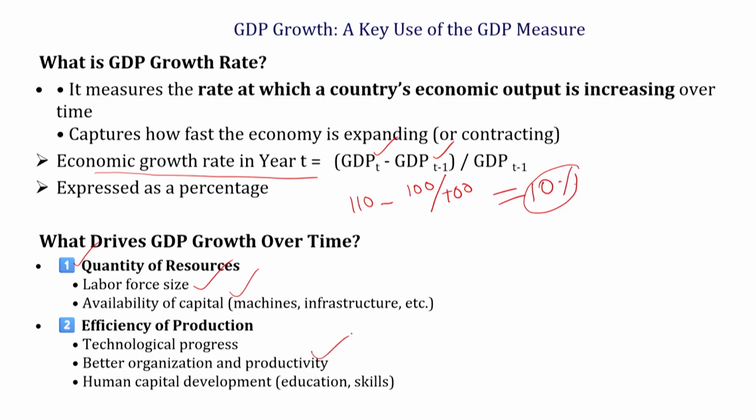And if they have better organization, high productivity and human capital, where the quality of the human capital is very high, with a mostly highly skilled and educated labor force, that will improve the efficiency of production. So it doesn't mean that if we have more labor and more capital, we can produce more goods and services. Those countries, even with low labor force and low capital availability, if their efficiency of production is very high, can produce more goods and services, more GDP.